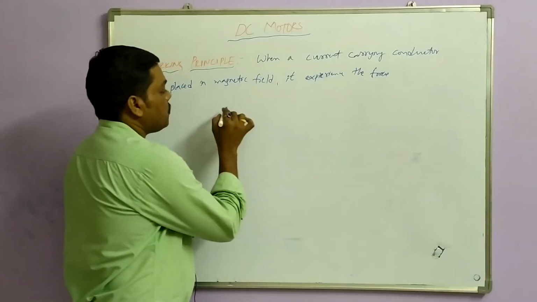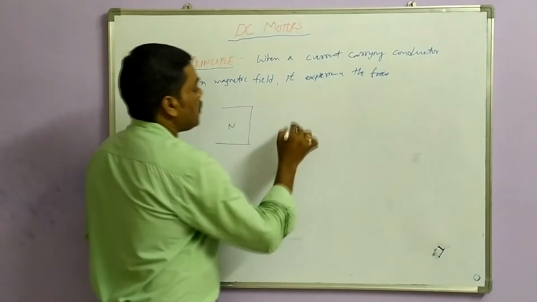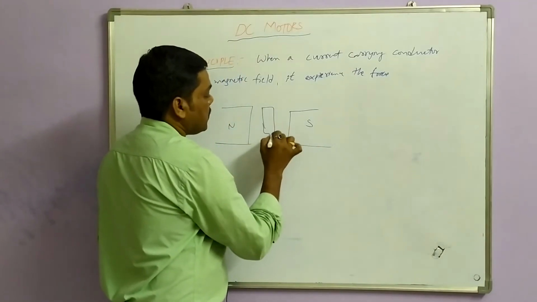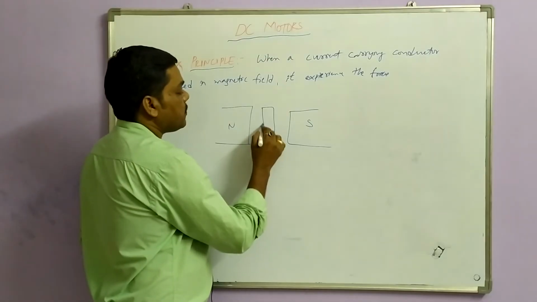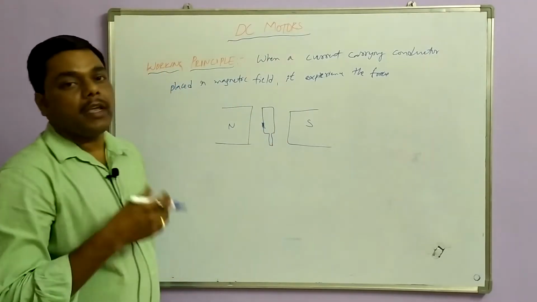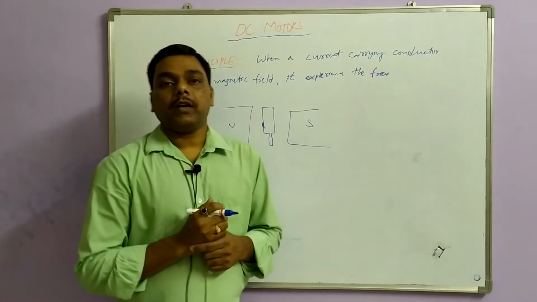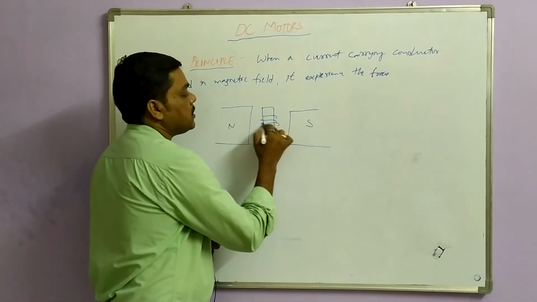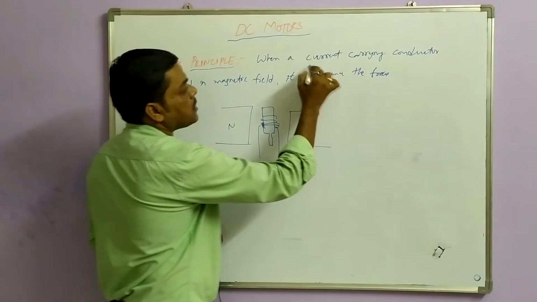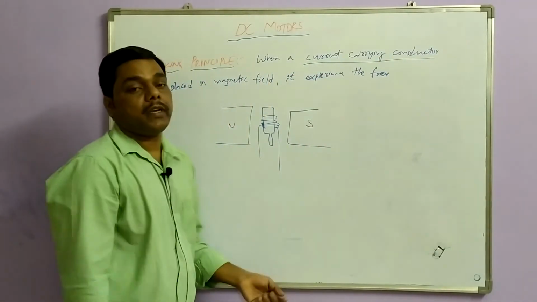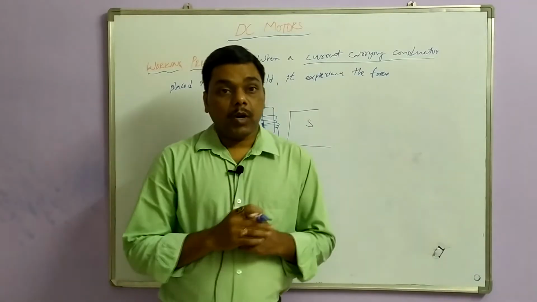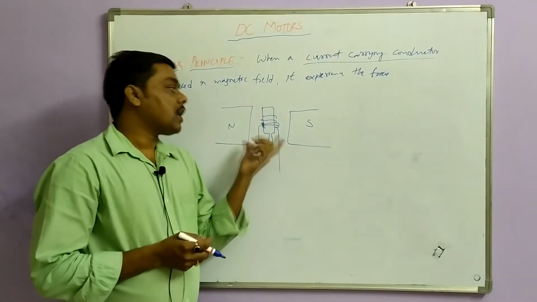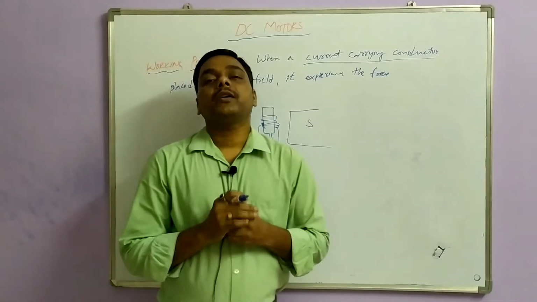Okay, so if we have the north pole and the south pole, when a conductor is placed in a magnetic field, when the flux cuts it, EMF will be induced, that is the generator formula. But this conductor already has current, that means it already carries current, so that indicates a current carrying conductor. So in a generator it is only a conductor, but now it is a current carrying conductor. So what happens if you place a current carrying conductor? It also has some magnetic field.